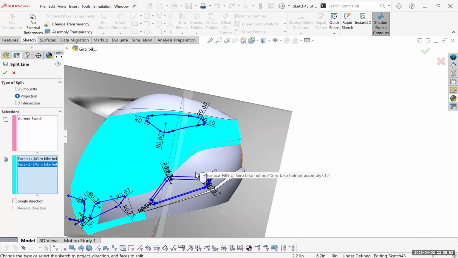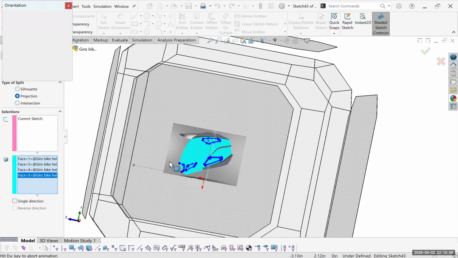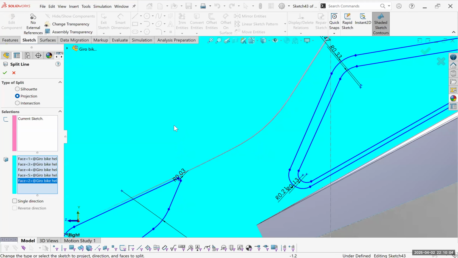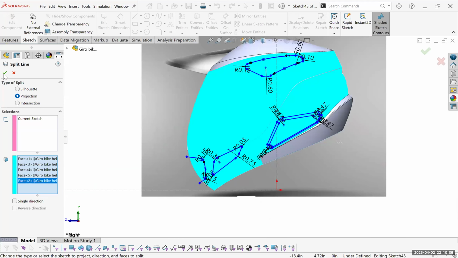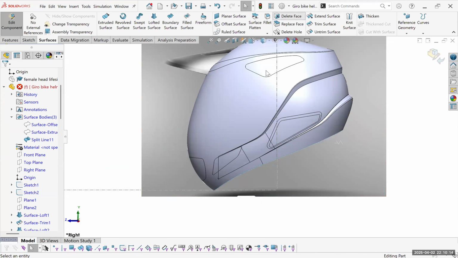Hitting all of these surfaces. I need to make sure I'm picking everything correctly. Okay, this is gonna be just split. And now go to the surface, delete face, and